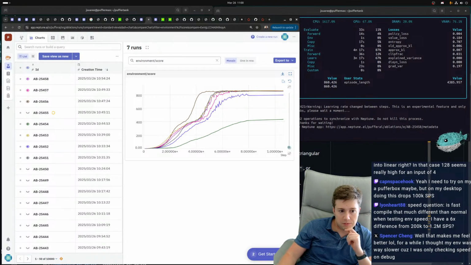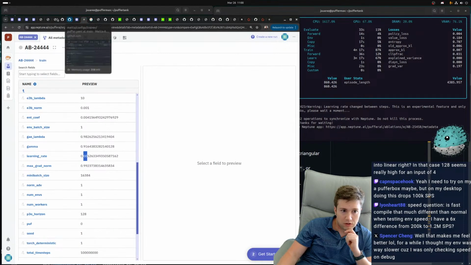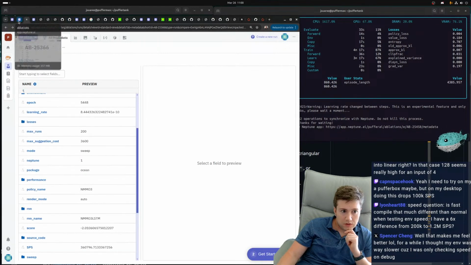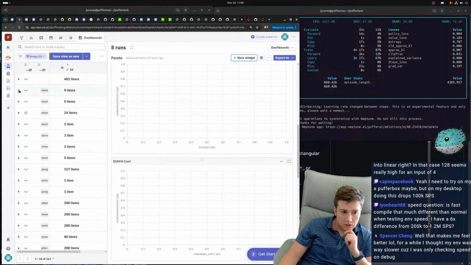And let me just make sure that these other sweeps are still running correctly. These have crashed a bunch of times, and it's a total pain. They seem like they're good this time, though.